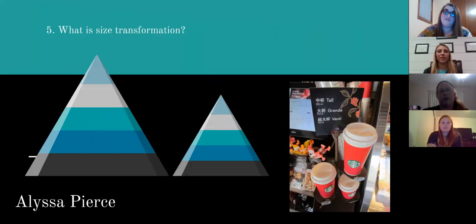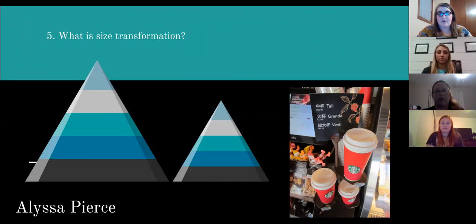Hey, Alyssa, what is a size transformation? So size transformation is another word for dilation, which you touched base on. So both are defined as a shape that expands or contracts but holds its shape and orientation. So, for example, if we have triangle ABC and we shrank it down like the second figure right here, it still held its shape and its orientation,